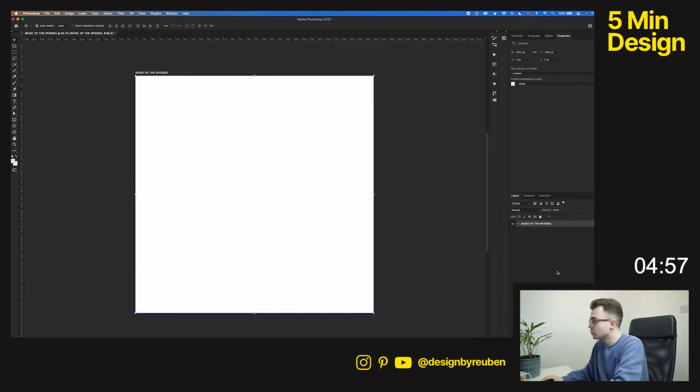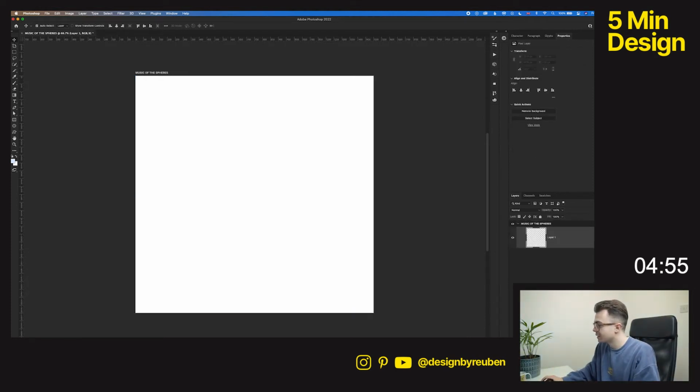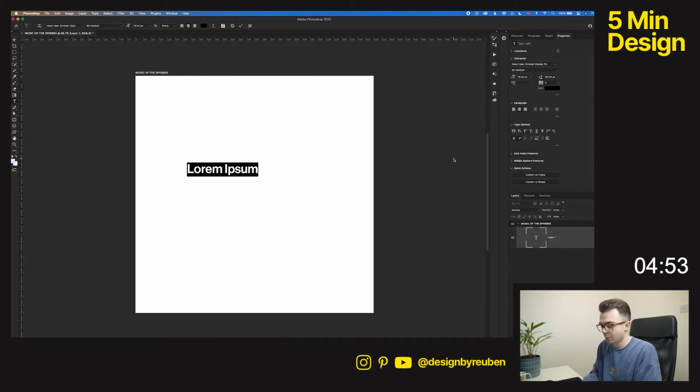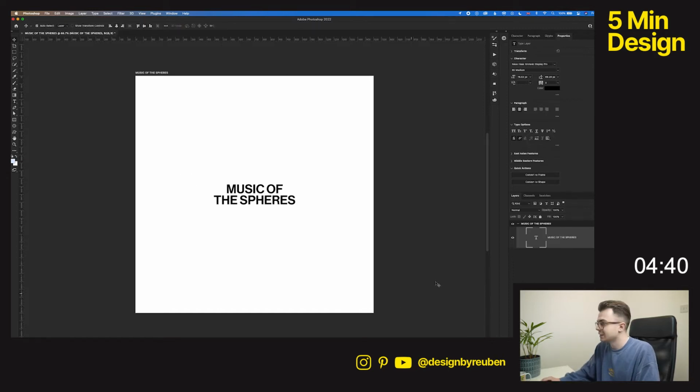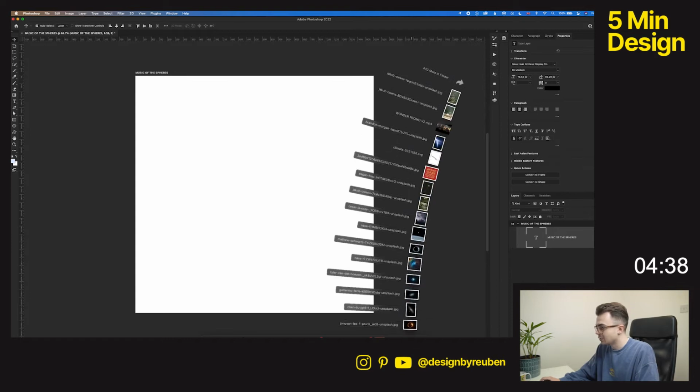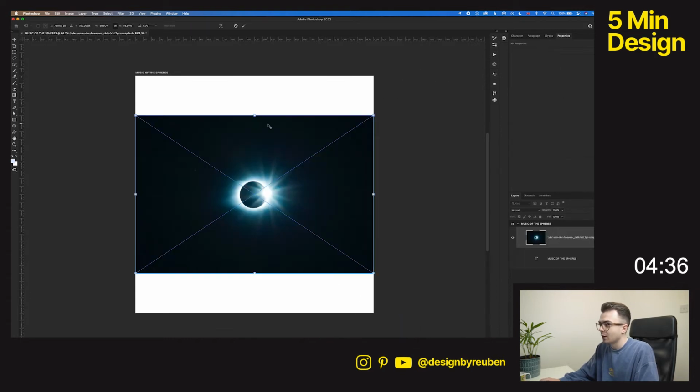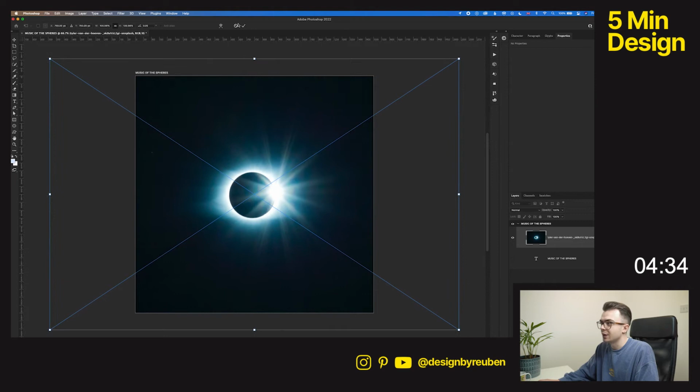Okay, so the new album is called Music of the Spheres, and it's their latest album, and I like it, but it's not like my favorite. I think some of their older stuff is definitely better, but I did like the album cover for it, so we're gonna work with this one. It's got a cool space kind of theme. Now I found this image that I really liked on Unsplash, so we're gonna use that as kind of our base,